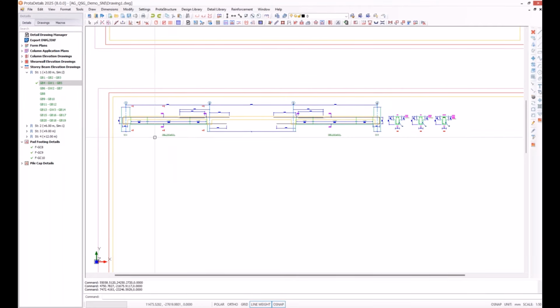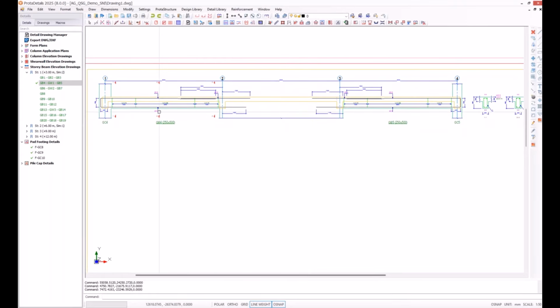And particularly for the seismic detailing, there is an important rule. Actually, American code says that you shouldn't be making your splices in the region that is 2H away from the support.